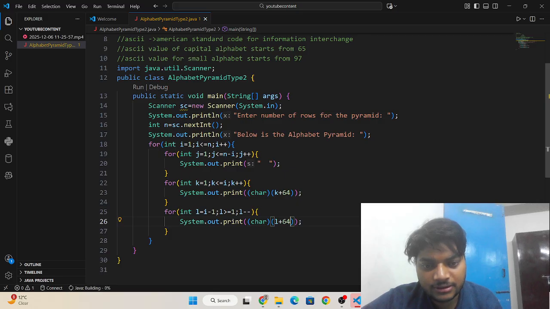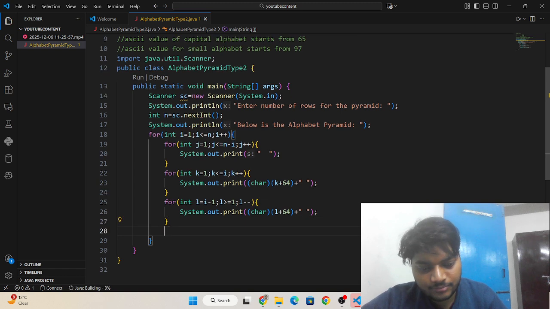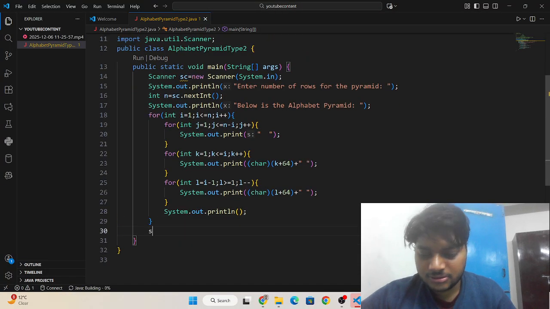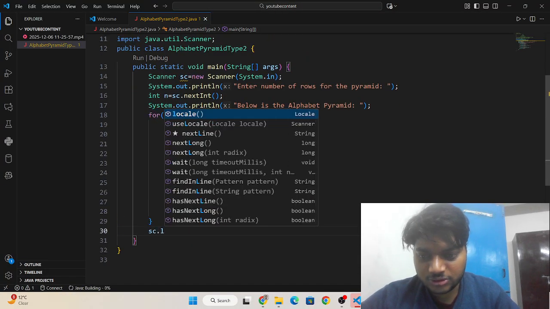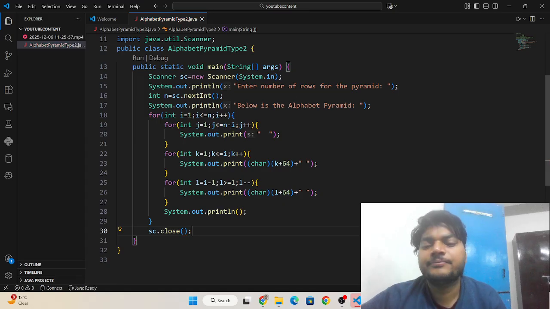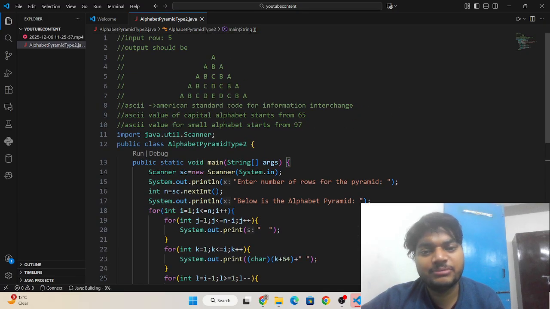Now I need to write here a space also, so that the alignment will look clear, and then I need to write the scanner dot close, so that resource leak can be avoided and memory space will be freed.